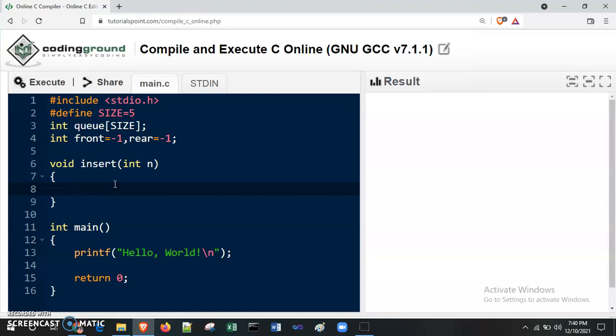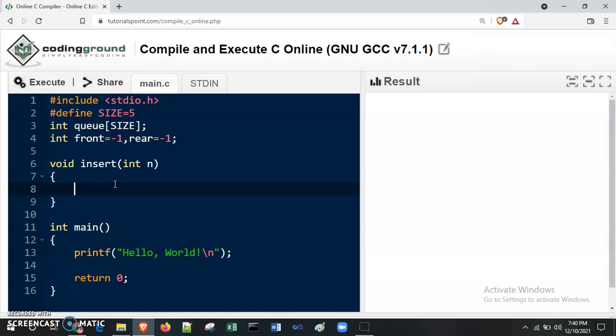But while inserting the element, we need to check whether the queue is full or not, whether there is a space available or not. If there is a space, then only we can insert, because this is the array implementation. And when we will implement queue by using linked list, then there is no such condition like queue full and all. But we are using here array. So one of the array limitation is size. We predefined or declare the array size. So we need to insert that much elements only.